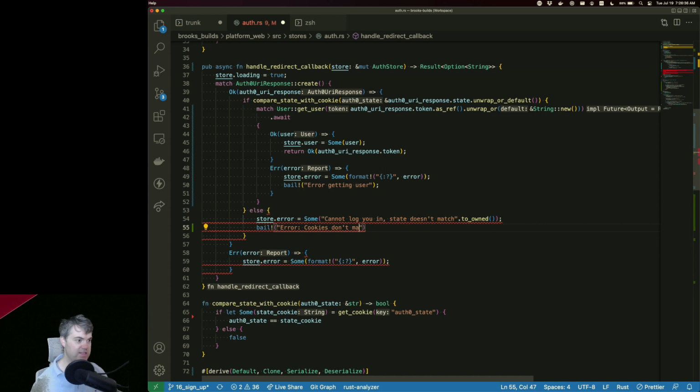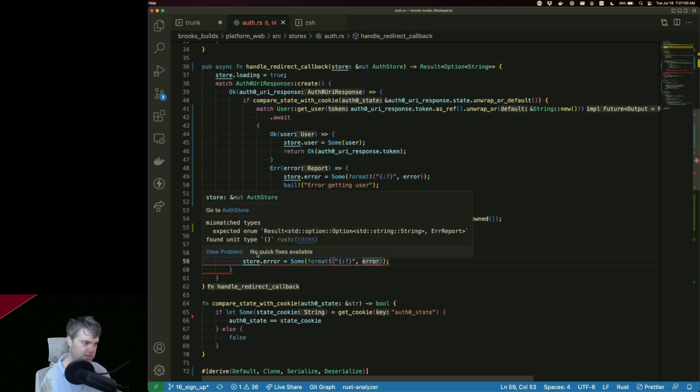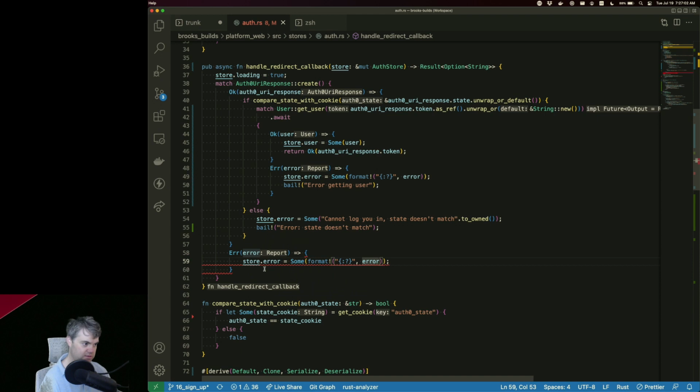Or sorry, state doesn't match. And finally in here, this is an error. Okay, so this is what we're returning if we make it this far. No, it isn't. This is part of this match here.